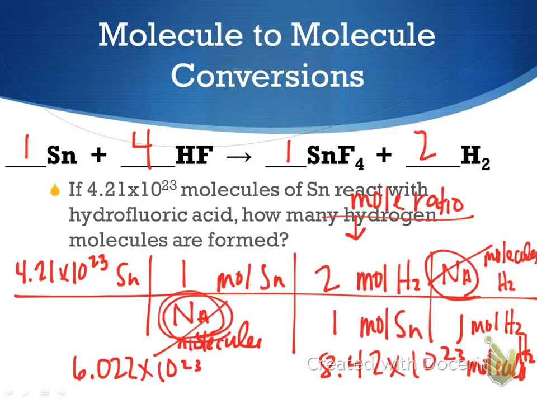But now I've equipped you with the tools you need to do any type of conversion. You could go from molecules of your starting amount, and if you wanted moles of hydrogen, you would just stop right there. You wouldn't bother doing the rest of that. If you wanted to go from molecules to grams, you would go moles of hydrogen to grams of hydrogen. You now have the tools to do any type of stoichiometry conversion that you need, from moles to grams, or moles to molecules, or whatever you need to do. But you have to have that mole ratio step in the middle, and you've got to make sure that you are canceling your units correctly. Okay? All right, that is